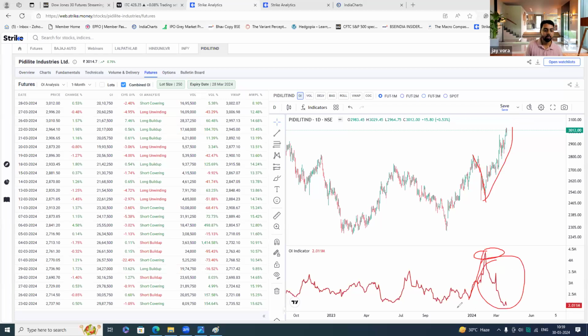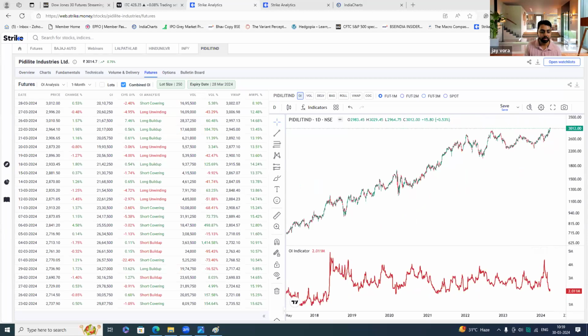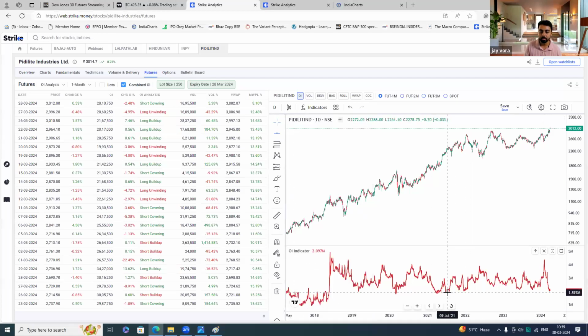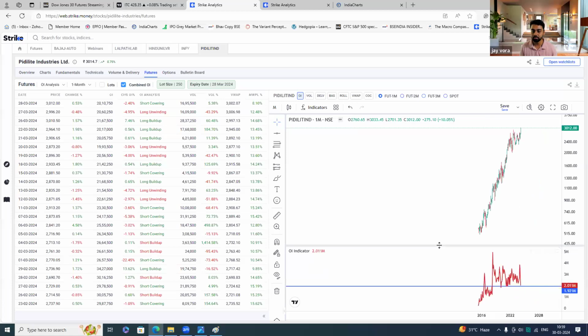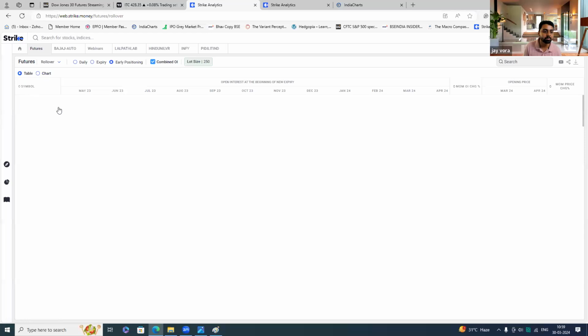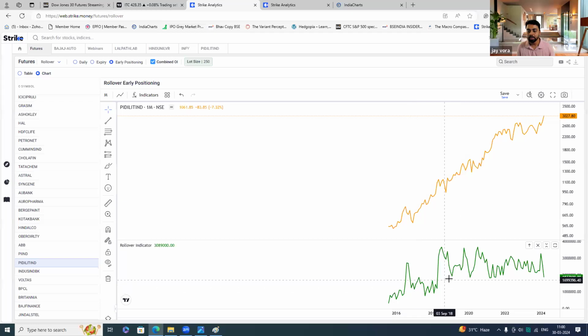And now when we look at the long-term trend of the OI, it is now at the support level over here, which is, if I draw a horizontal line, around the support level. And when I was analyzing the monthly chart of this, what I could find was that, at lower levels, if you see this in a monthly expiry chart, you will find it even more appealing. So what had happened over here was that